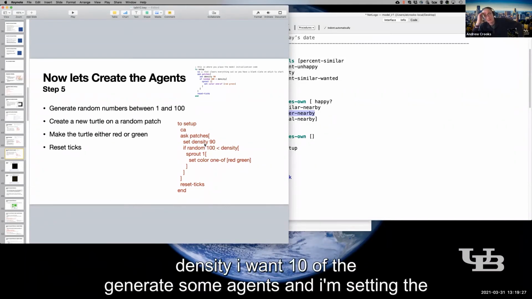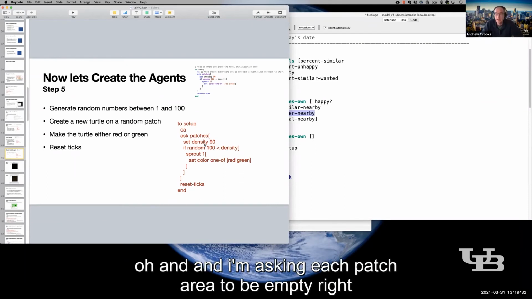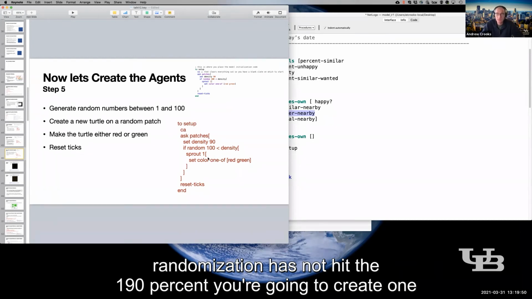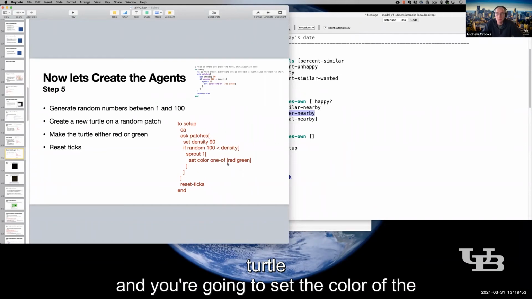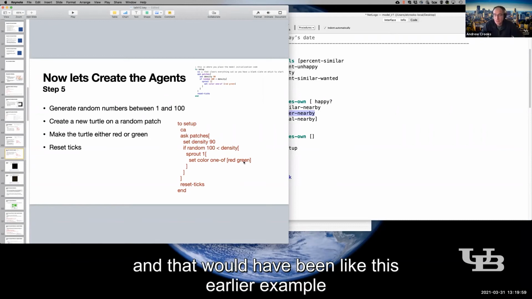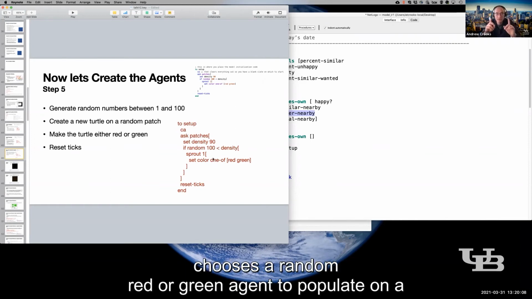some agents, and I'm setting the density. I want 10% of the area to be empty, right? And I'm asking each patch if basically the randomization has not hit the 90%, you're going to create one turtle, and you're going to set the color of the turtle to be red or green. I guess I could have turned that blue, and that would have been like this earlier example. And what this does is it randomly chooses a red or green agent to